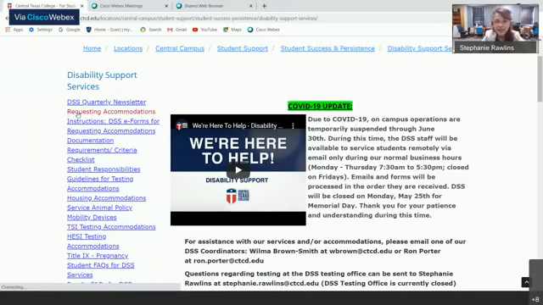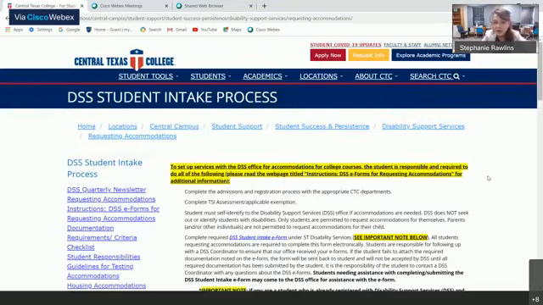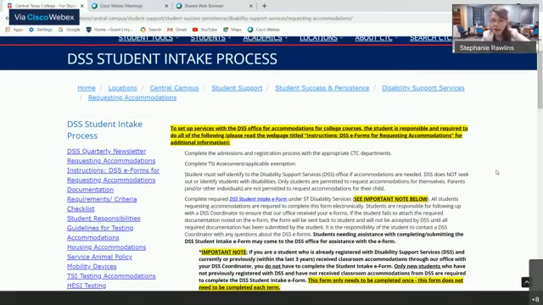We're going to click on that. You'll get detailed instructions on this page on how to set up services with the Disability Support Services Office. After you complete the registration process,